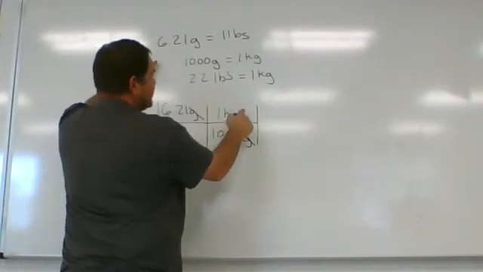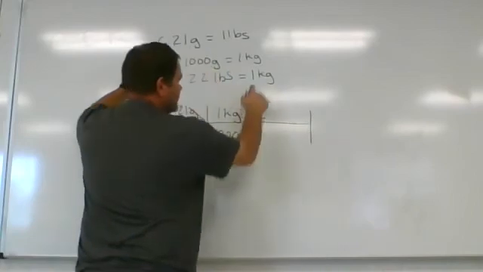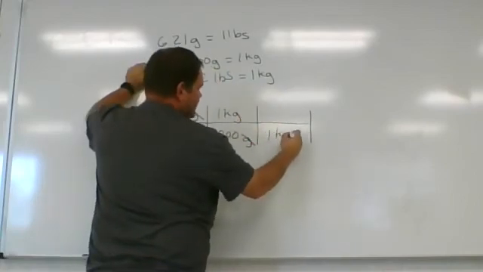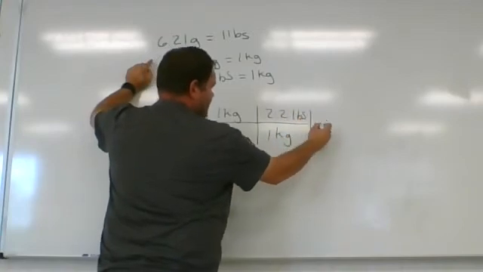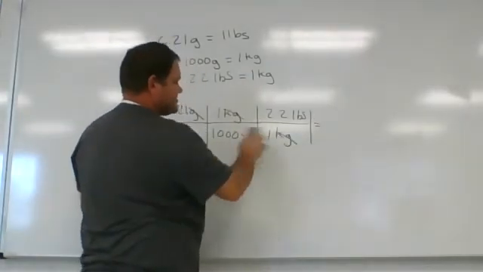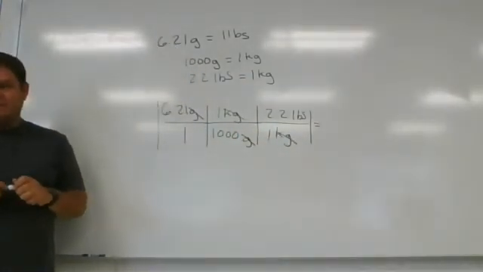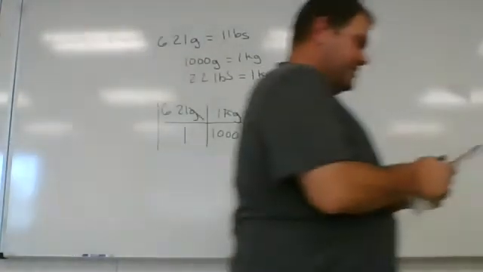Now I have kilograms. But again, I want pounds, not kilograms. So I need to get rid of the kilogram, to pounds, 2.2 pounds on top. Okay? So I've set it up so my grams cancel, my kilograms cancel, leaving me with pounds, the only unit left. So now I'm going to take, again, my trusty calculator,